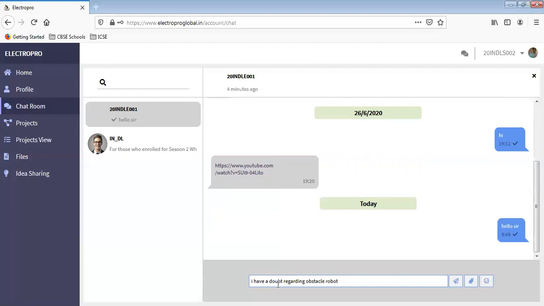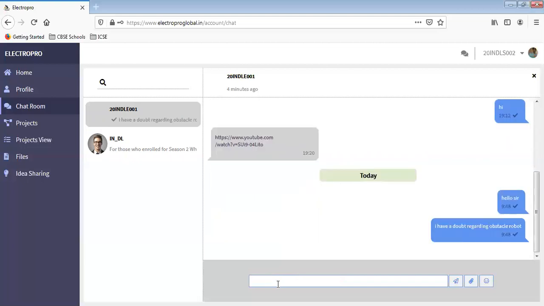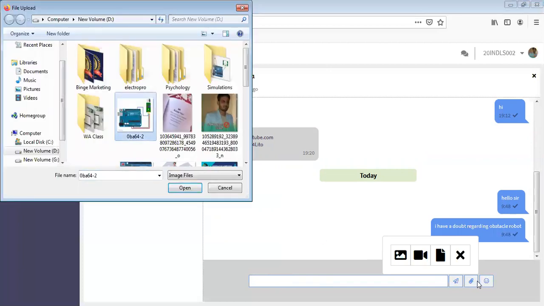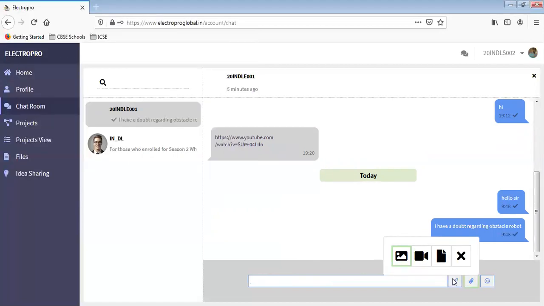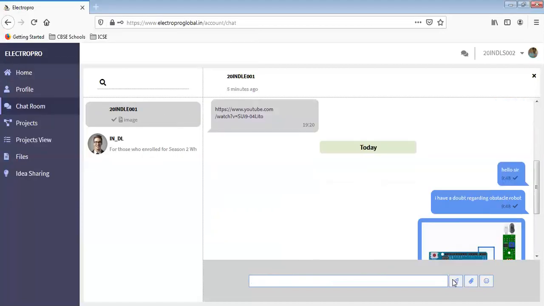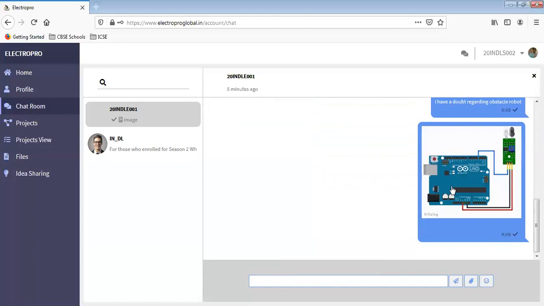You can even share your files there, such as a screenshot or other file, so that they can verify. Click attach, and you can post your video, file or image. After this, you need to click send. Suppose I'm going to send this. Like this, you can send, and they will verify and come back to you.